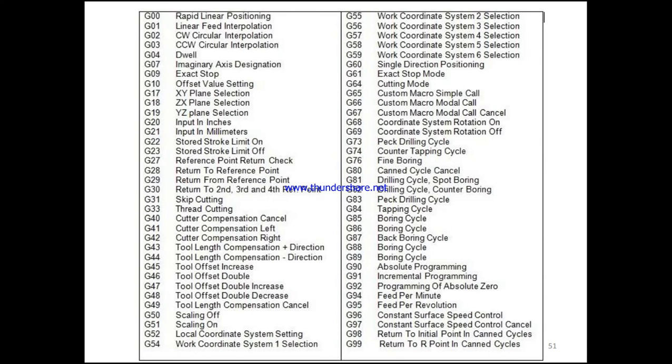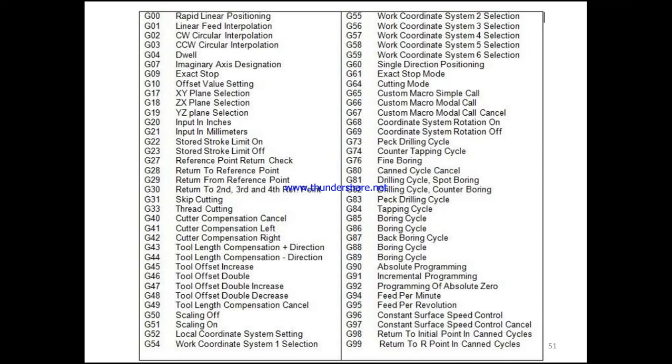So we are having the G codes: G00 rapid linear positioning, G01 linear feed interpolation, G02 clockwise circular interpolation, G03 counterclockwise circular interpolation, G04 dwell, G07 imaginary axis designation, G09 exact stop, G10 offset value setting, G17 XY plane selection, G18 ZX plane selection, G19 YZ plane selection, G20 input in inches, G21 input in millimeters.